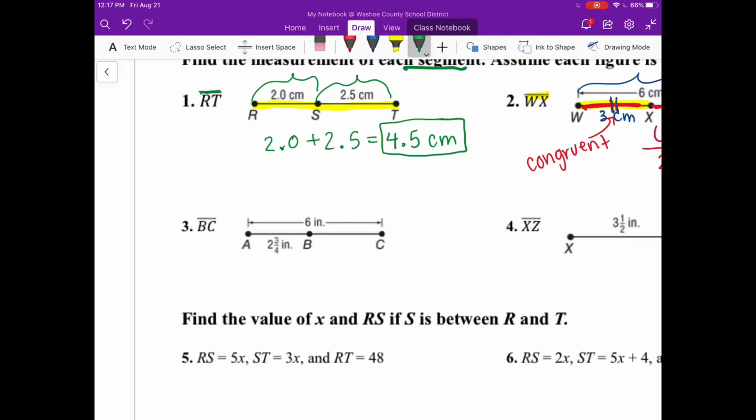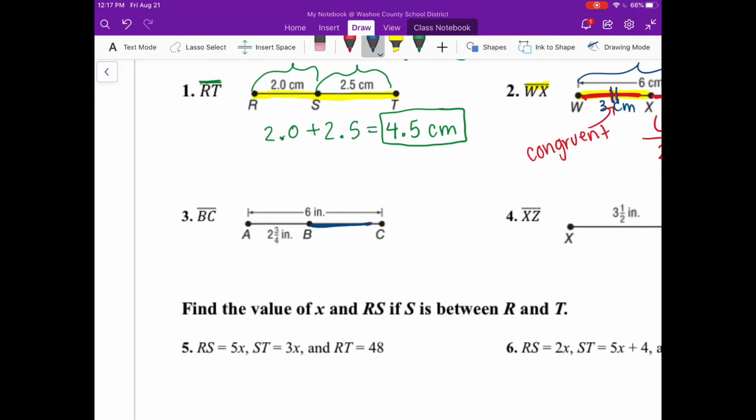Okay, number 3 here. For number 3, I want BC, so this right there. The whole thing is 6 inches, and I don't care about just this portion, 2 3/4. If you're using a calculator, you can just type it in. If you like to convert this to decimal, it can be 2.75, however you want to do it. But you go ahead and just subtract, and we get 3 1/4 or 3.25 if you made that a decimal,